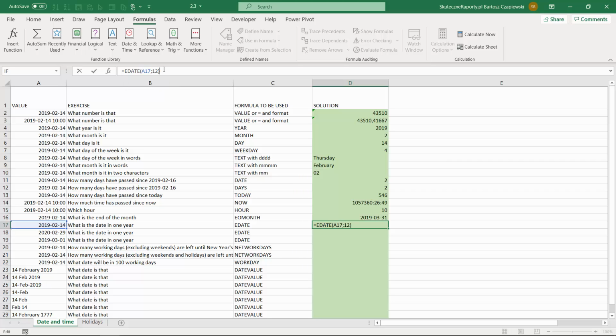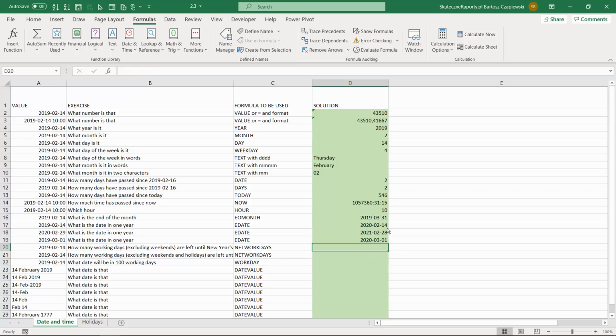In our case, we will add exactly 1 year, and when we copy the formula down, you can see that in the year 2020 we had a leap year, but